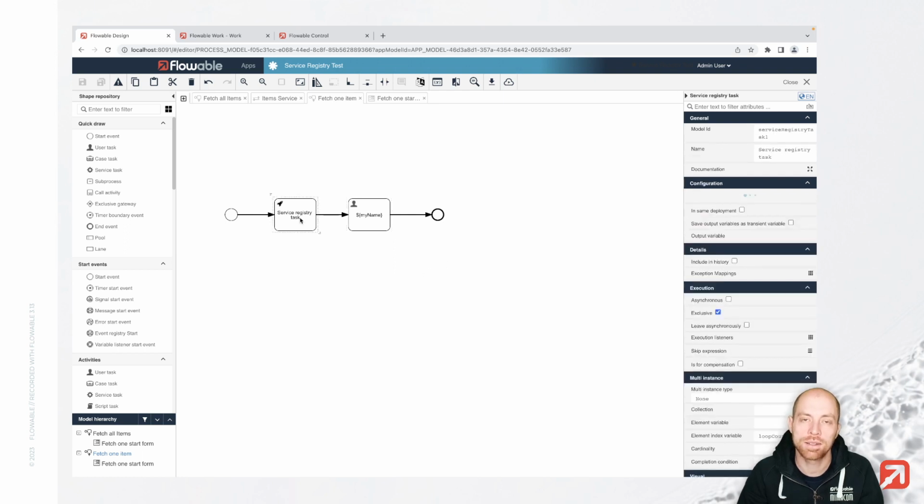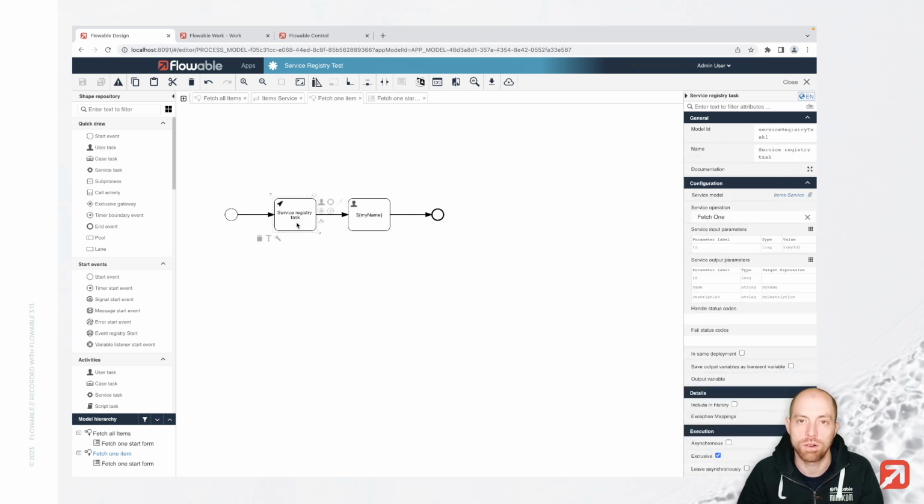Now, the next question is, what is going to happen when something is going wrong? There are different kinds of errors which can happen when we are using HTTP, and we can also handle status codes differently. Until now, we received just a 200 status code, but for example, that element also could not be found. In this case, we would like to specify what is happening, and that we can do here by providing handle status codes. Either you can go ahead and just specify, for example, one specific code here, or you can